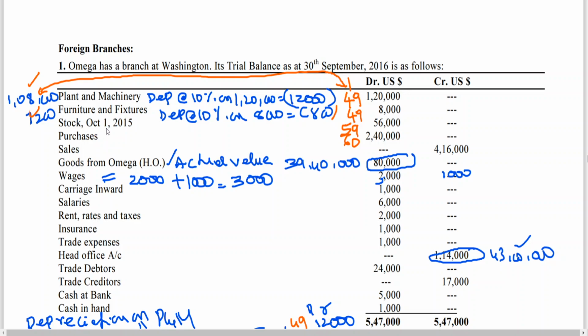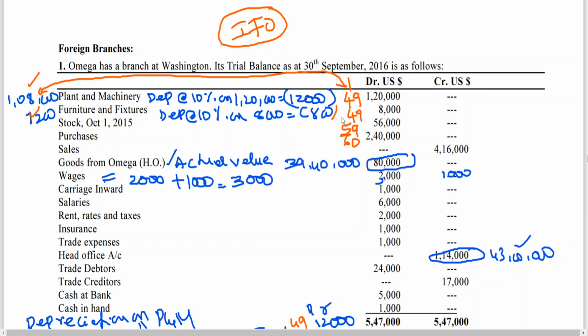I am trying to explain non-integral also here itself. If it is non-integral, sir, fixed asset, it is same? Fixed asset is not the same. Fixed asset at closing rate. Depreciation on fixed asset at closing rate. That is for non-integral foreign operations. But we are working out the problem based on integral foreign operation. I am just trying to convey how the treatment is going to be if you assume it as a non-integral foreign operation. Unless otherwise mentioned, let us work out the problem on the basis of integral foreign operation.